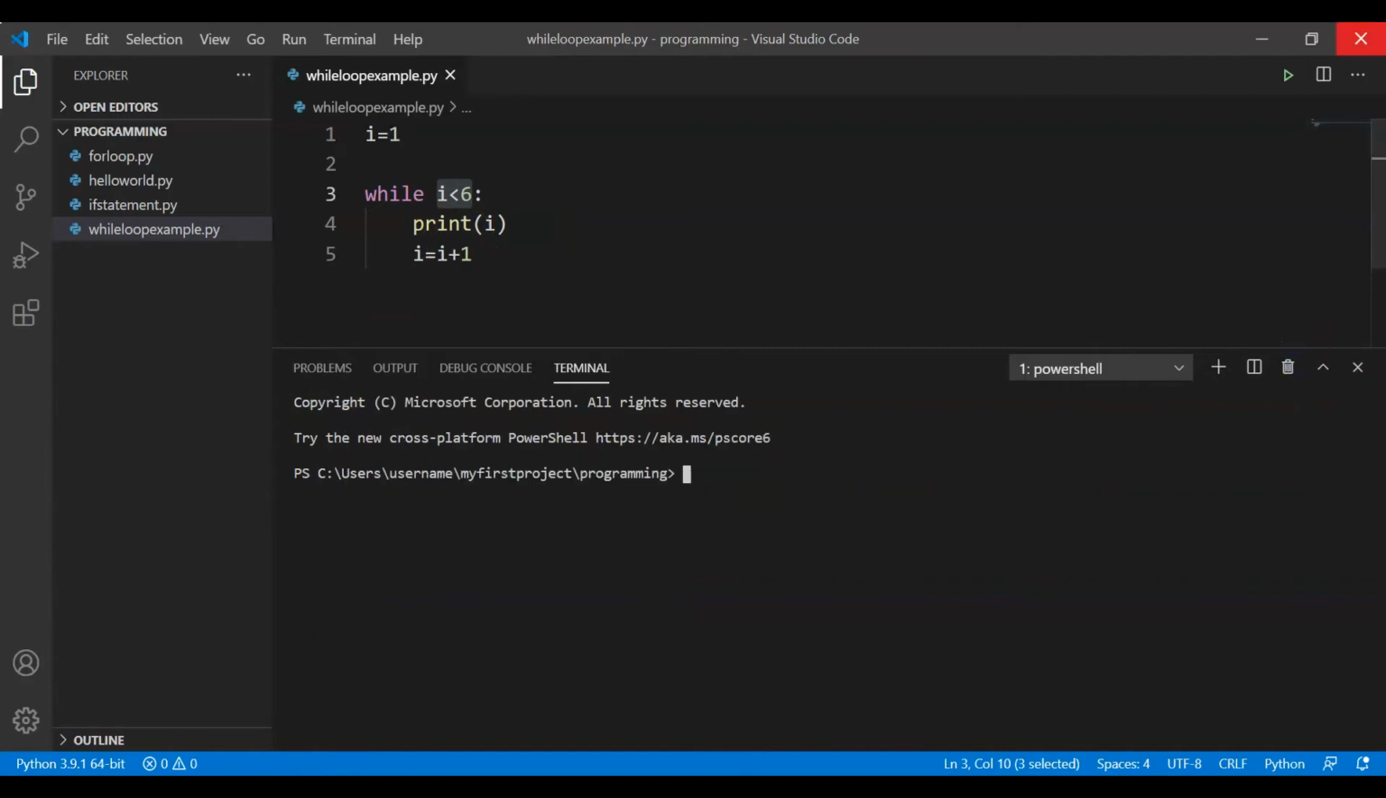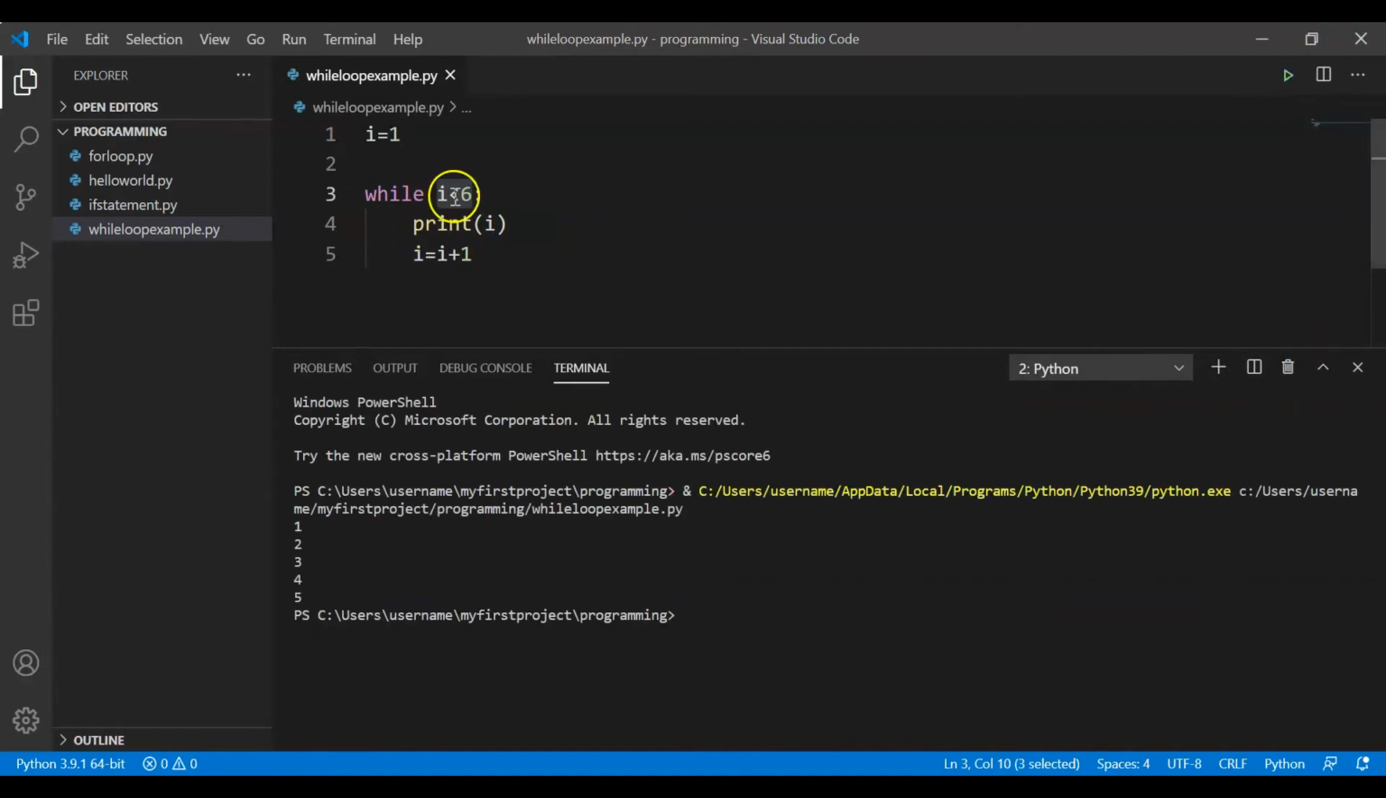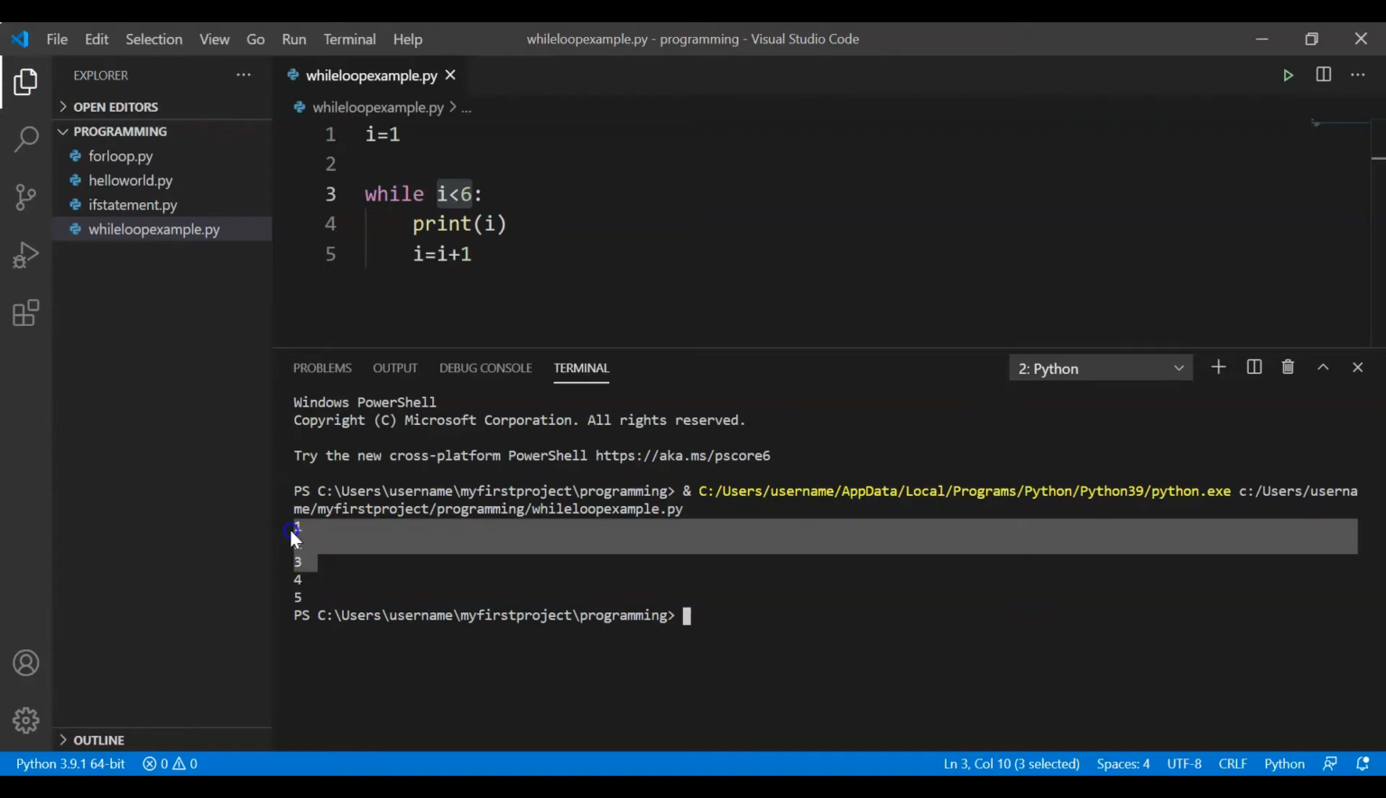So let me read it again. So here the idea is, while I is less than 6, I'm printing these 5 numbers. Let's say for some reason I want to print only 1 2 3, and this condition I cannot change, while I less than 6. So what should be the solution in that case, right? Which means if we want to forcefully exit from the while loop, in that case we can use break